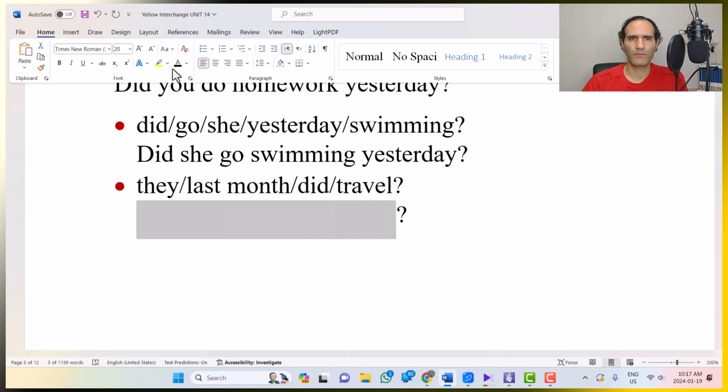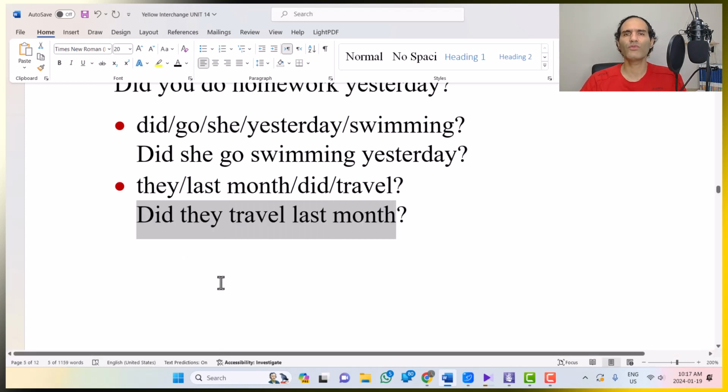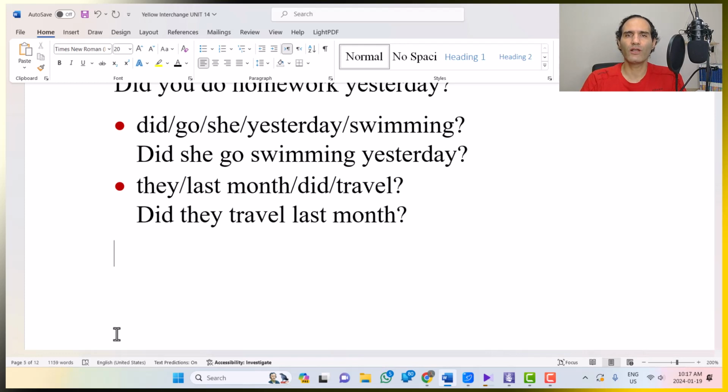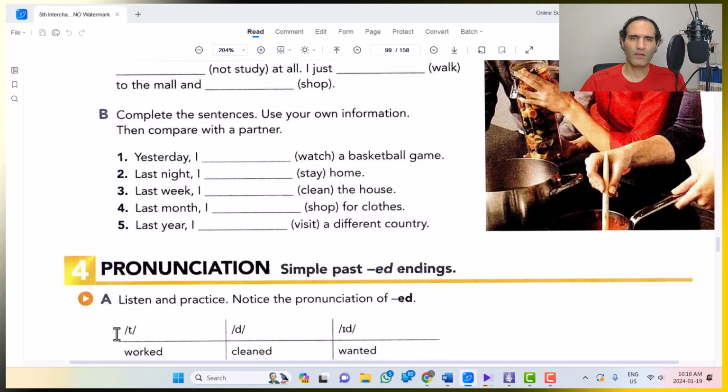Good. For example, for your parents' answer, did your parents travel last month? Yes, they did. My parents traveled to Asia and they were going to visit different countries. Or no, my parents did not travel last month as they were at work last month. Okay, so this was some speaking practice for this part. And now,